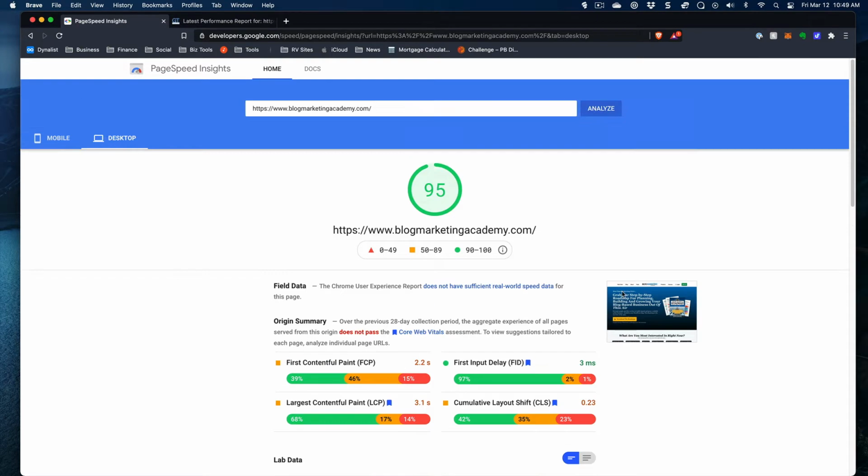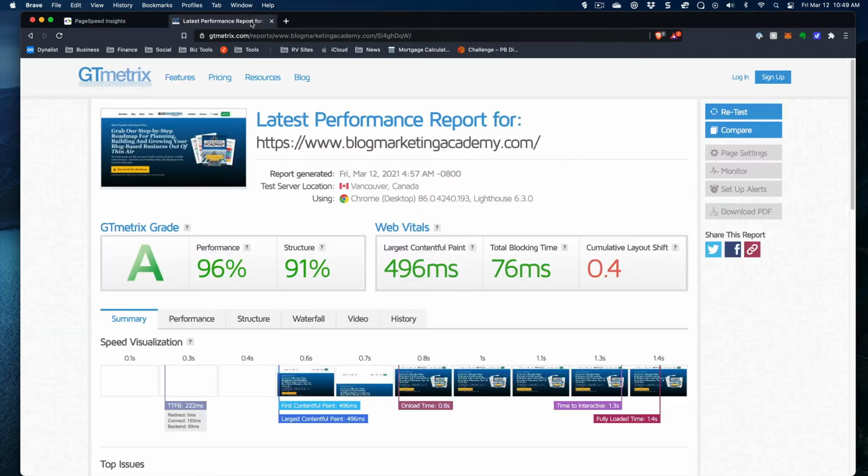But you know, that's basically that. 95 is a pretty decent score. So basically, you just take your URL to your homepage, to any page of your site, and just click analyze, and that works. Okay. The other place you can check out is called GTmetrix, gtmetrix.com, and you can run the